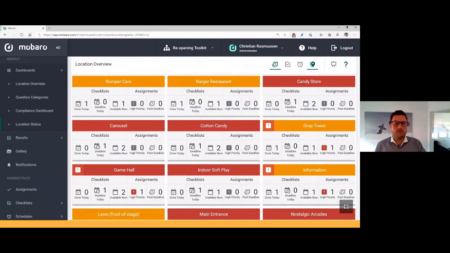You'll also note that some of these locations have an exclamation icon at the left of the title bar here. And what that means is that there is one or more assignments created for that location, which is marked as high priority. And if we look at the metrics that are written on each of the locations here, we can